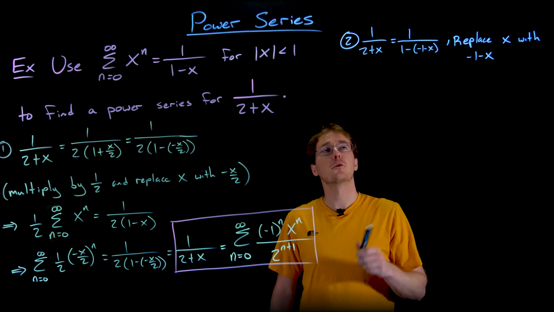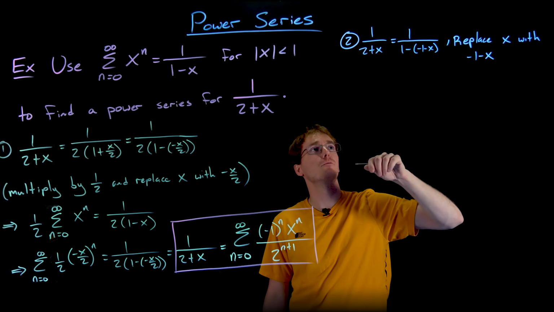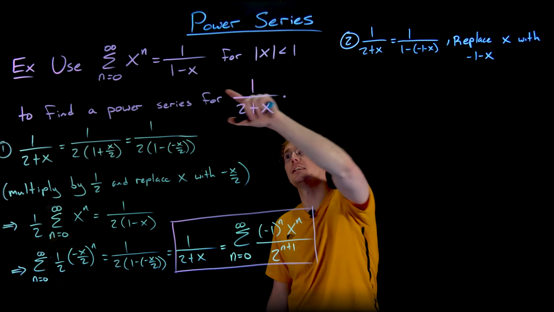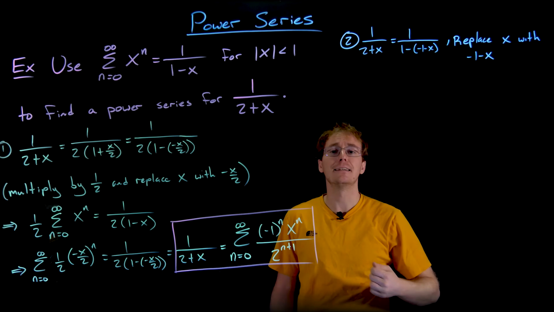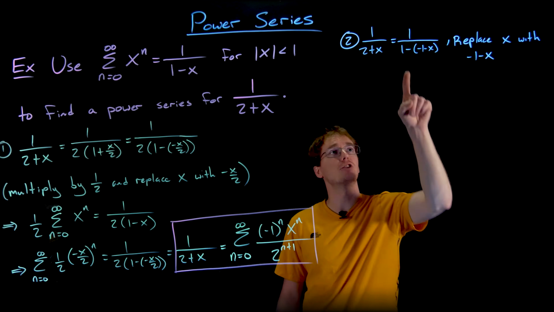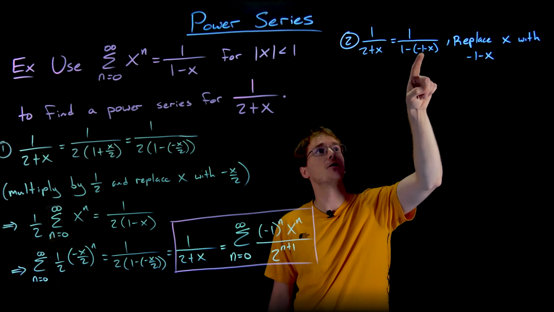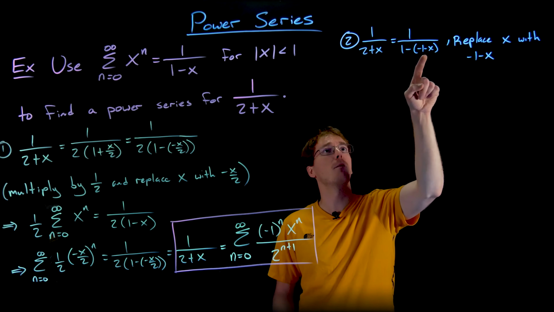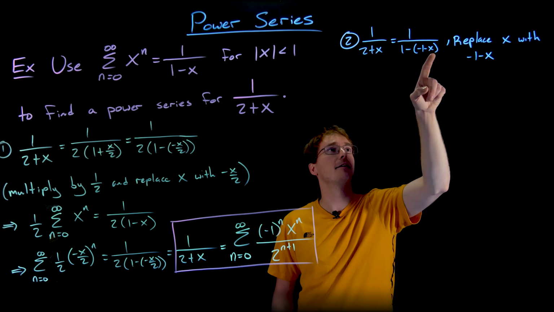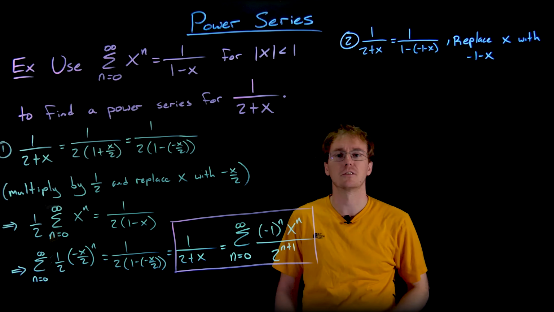And so we can see another way to come up with 1 over 2 plus x is just by replacing this x in our original power series with the quantity negative 1 minus x. Now, if we distribute this negative sign, that'll turn this 1 and this x into positive versions of themselves. We'll get 1 plus 1, which is 2, and our positive x will, of course, give us 2 plus x